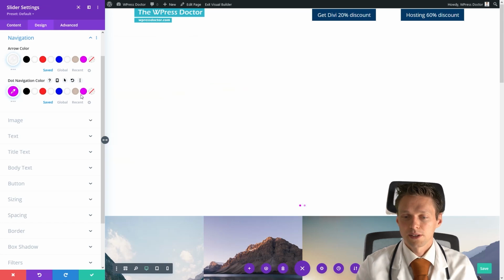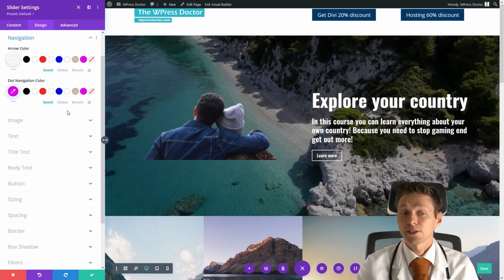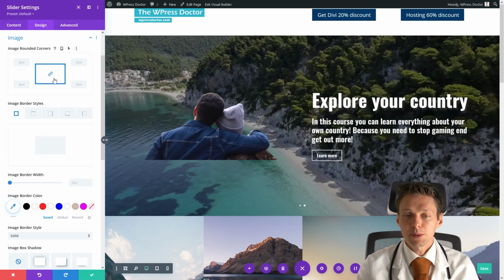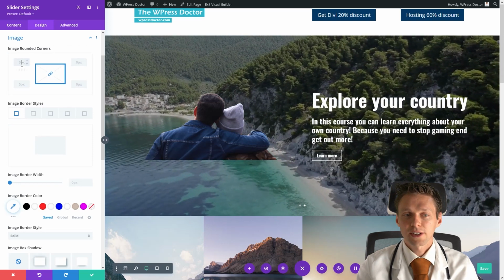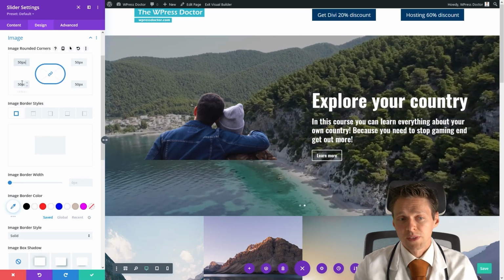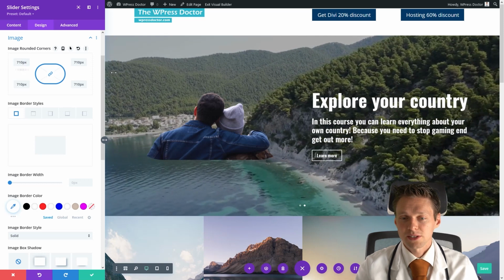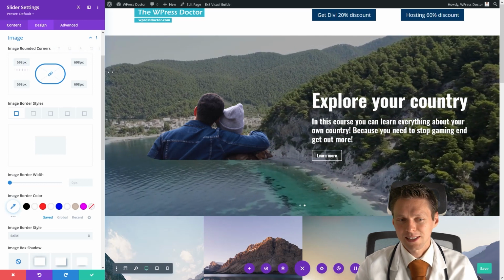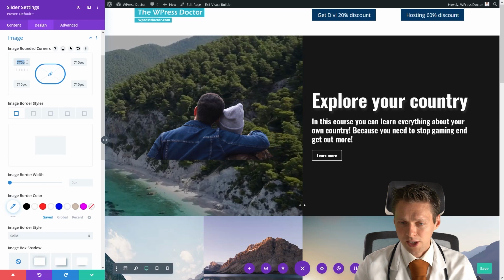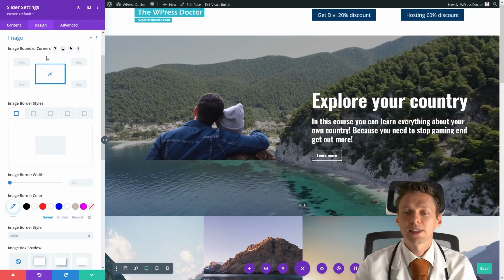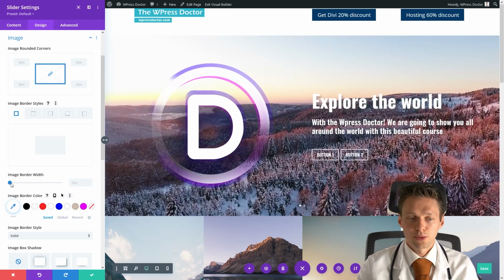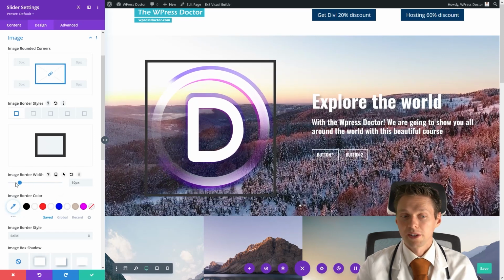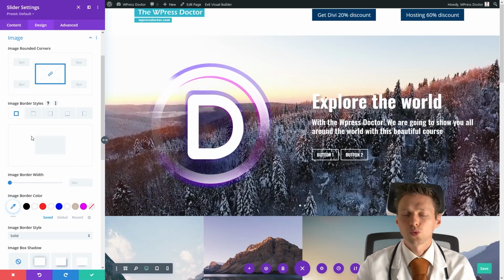You can make them purple, pink, or white. The image is the image right there. You can create rounded corners on the image. Our image is, as you can see, a little bit rounded down there, but not very much because we are using a PNG. And you can of course create a border on your image. Well, let's not do that right now.